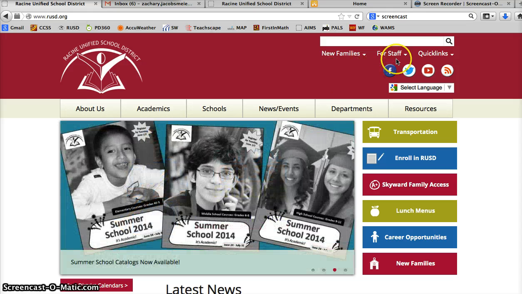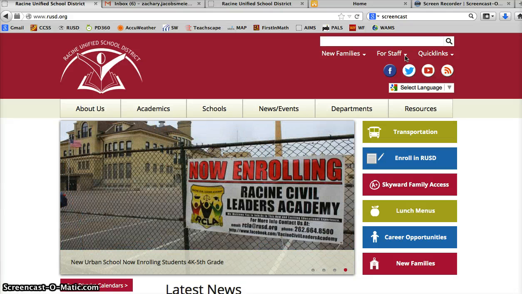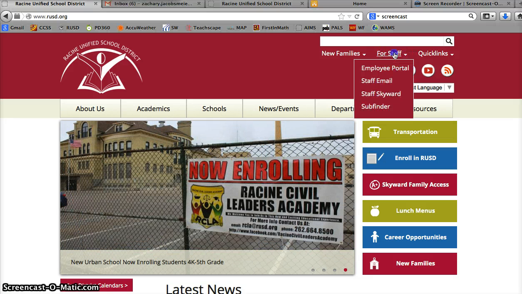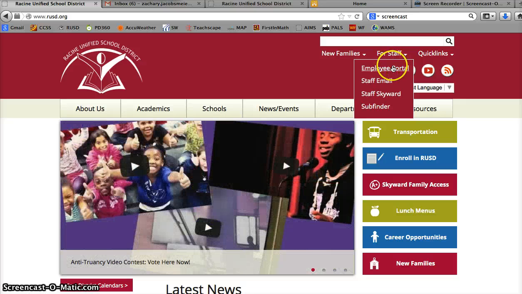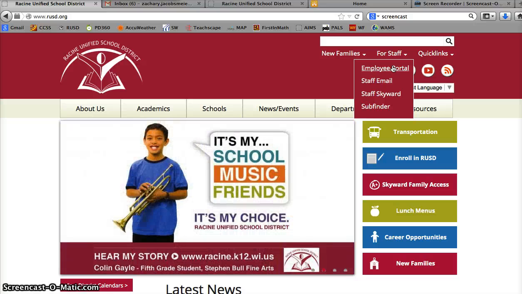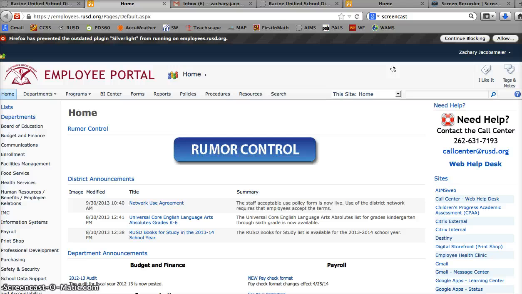Over here on the right side of the page, you see the For Staff with the drop-down arrow. If you go ahead and click on the For Staff, you can see that there are 4 different options. For today's purposes, we are going to click on the employee portal. Once you click on the employee portal, it will take you to the portal. You may be asked to enter your employee number with your password. If it does ask you to do that, go ahead and do that, and that will get you logged in